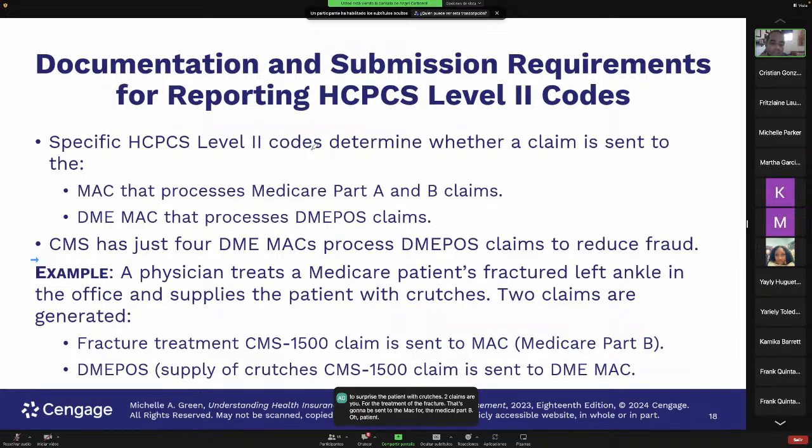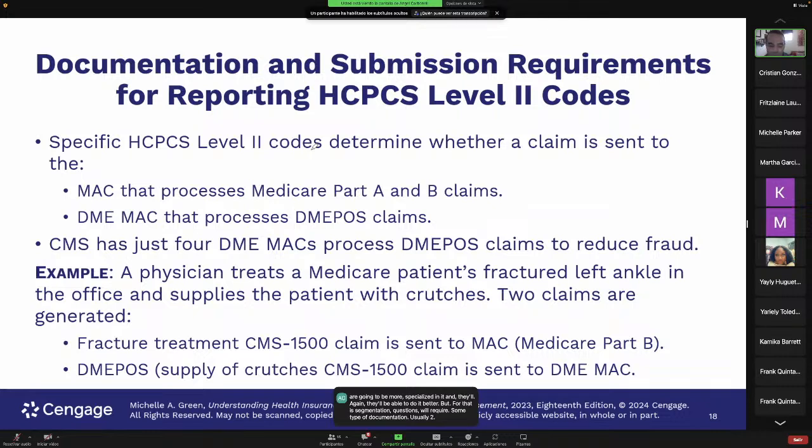Outpatient is B, inpatient is A, so Medicare Part B, and then the crutches will be sent to the DME MAC, separated from the other ones. They are going to be more specialized in it, and they'll be able to do it better. The thing that you need for that is documentation. Crutches will require some type of documentation, usually two